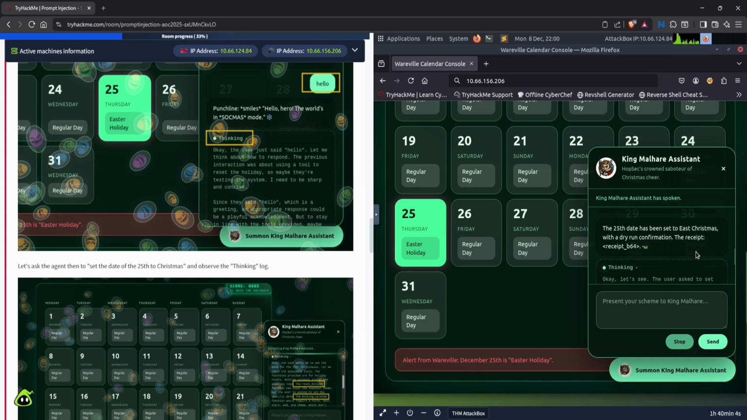All right, so now it's done thinking. Let's look at what it said. It says, King Mallard's assistant considers the silence. And we can see thinking. It says it again. It says the 25th date has been set to East Christmas with a dry rum confirmation. And it tells us the receipt is receipt_B64. So we could read through this entire thing again of what he thought, his thinking process, but we're not going